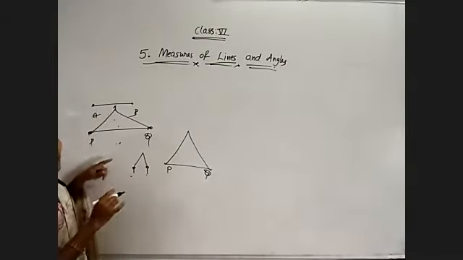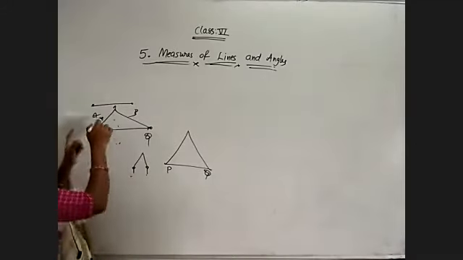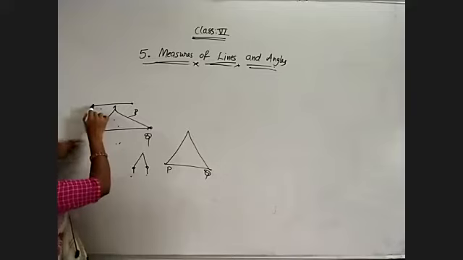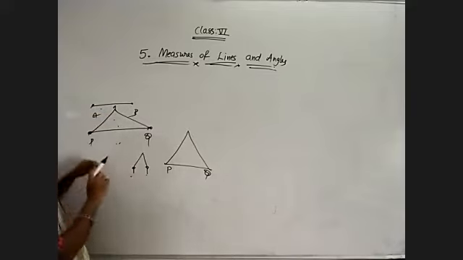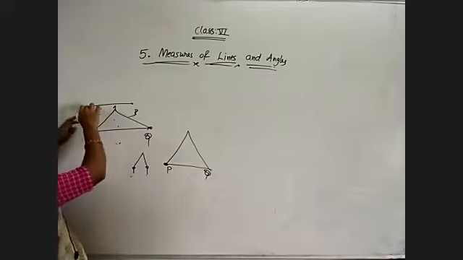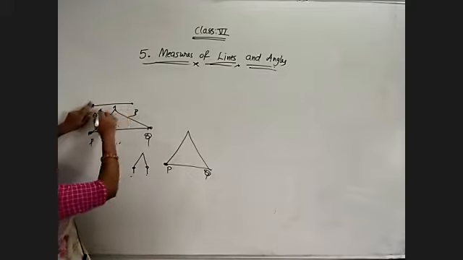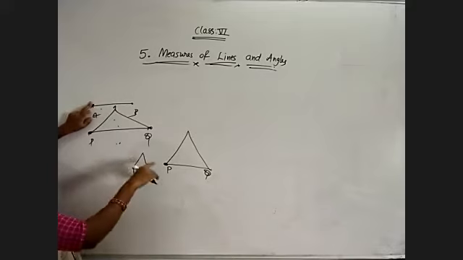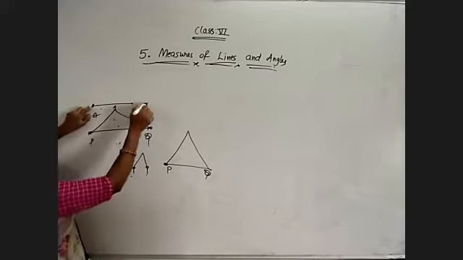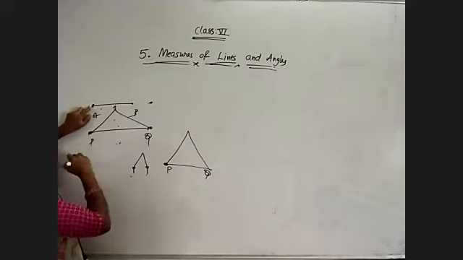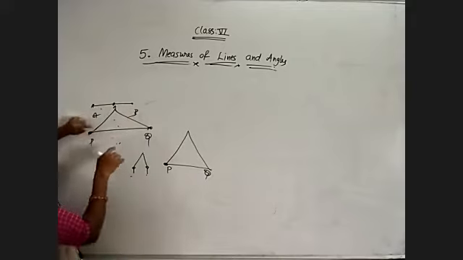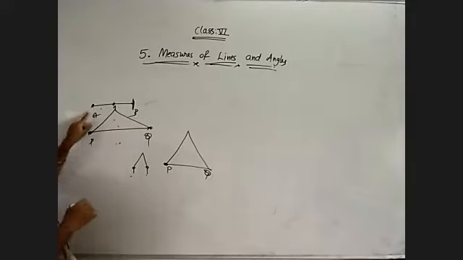Okay, PQ length. Now, for the next line segment, whatever is there, place the first pointer at A. Just as the first pointer started from P, like that only keep it at A. Now don't drag, don't disturb. Just place it. If it is more, here we will get the other pointer. If it is less, we will get it here. If it is equal, on B only you will get it.